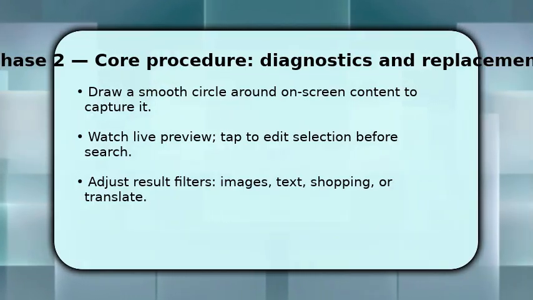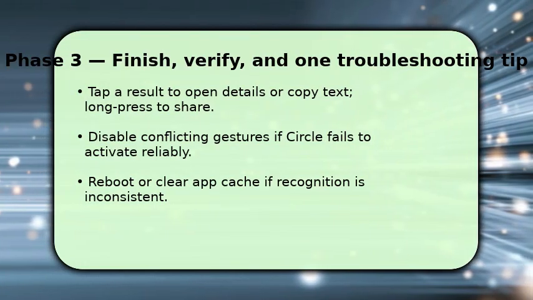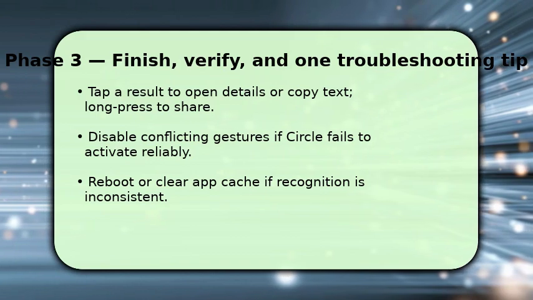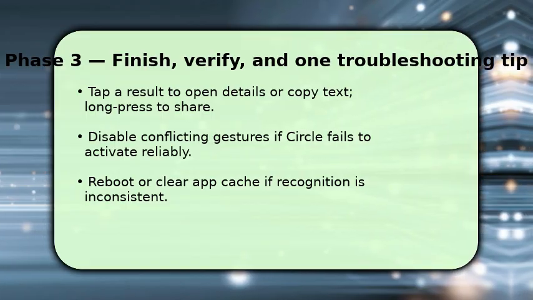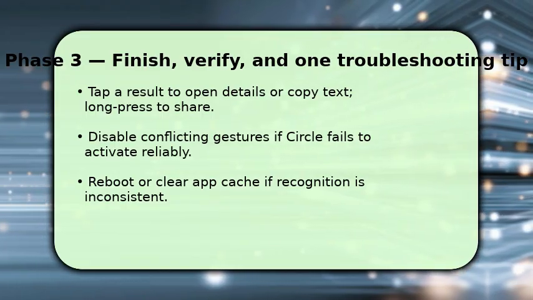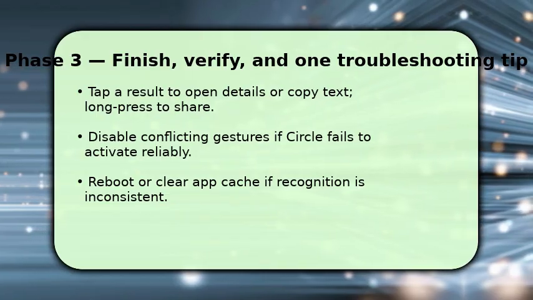You'll finish by acting on results and fixing common issues. Tap a card to open full info, copy text, or long press to share. This completes the workflow. If Circle to Search doesn't activate, check for conflicting gestures and disable them, then make sure